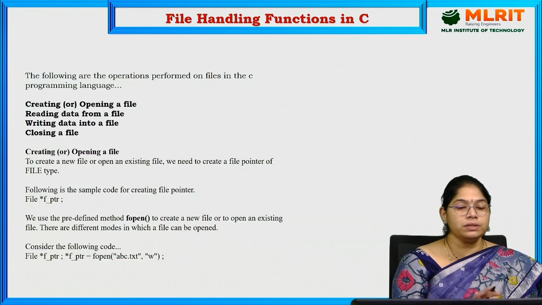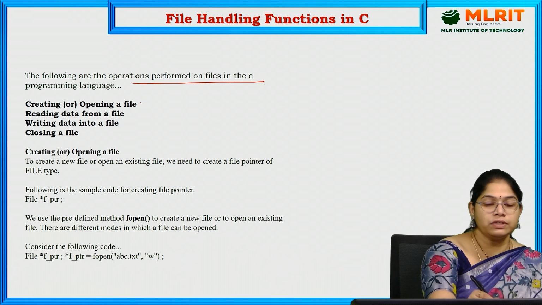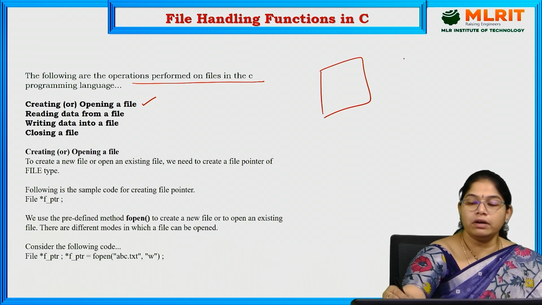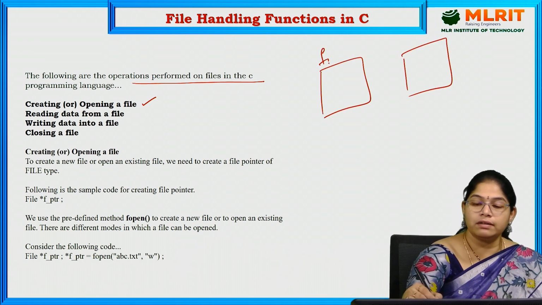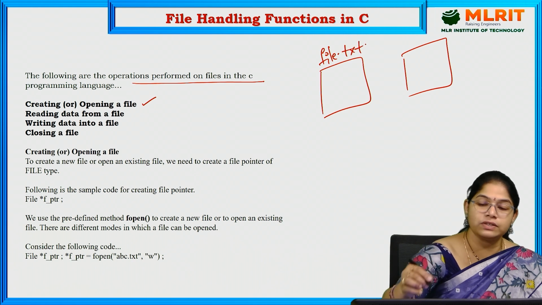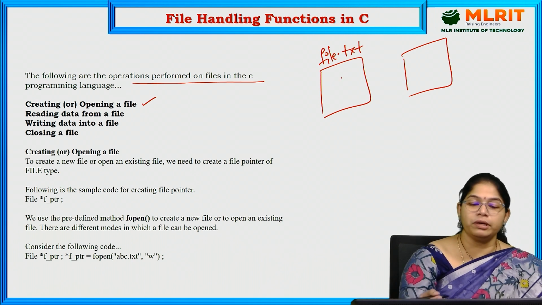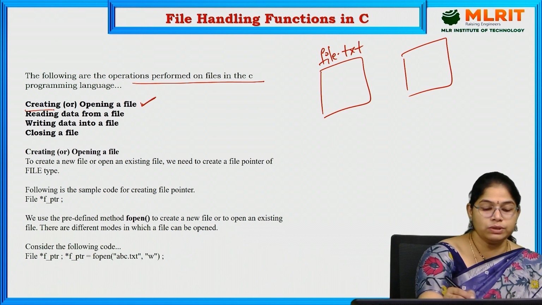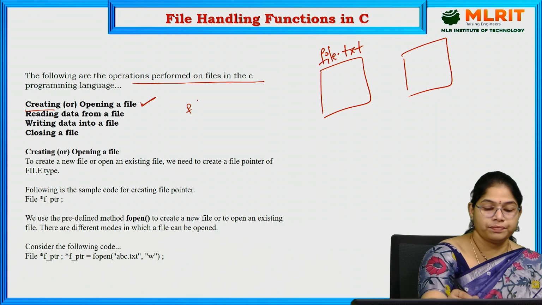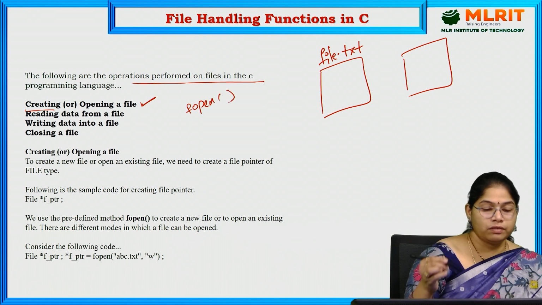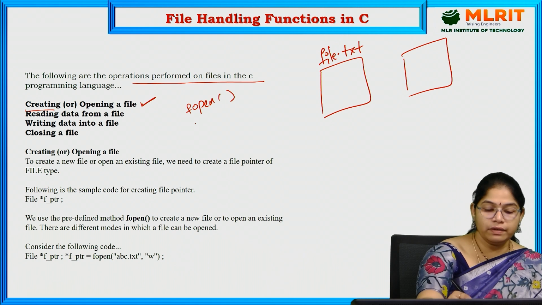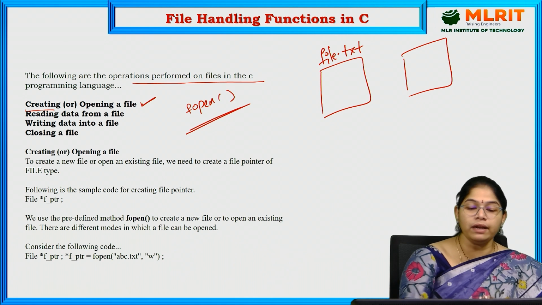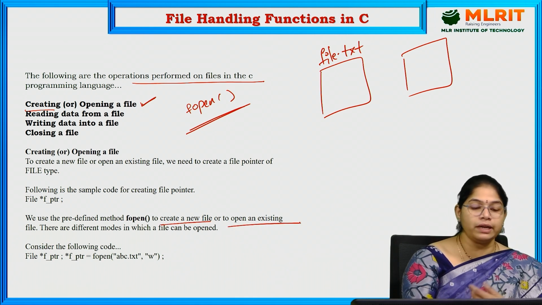File handling functions. So the file handling functions are: first we have to open a file on which we want to perform a reading or writing operation, like file1.txt. Here I consider a text file. If I want to perform a reading or a writing operation, first we have to open the file if it exists, or create the file, using the fopen function. So here we have a predefined function called fopen, which is used to create a new file,